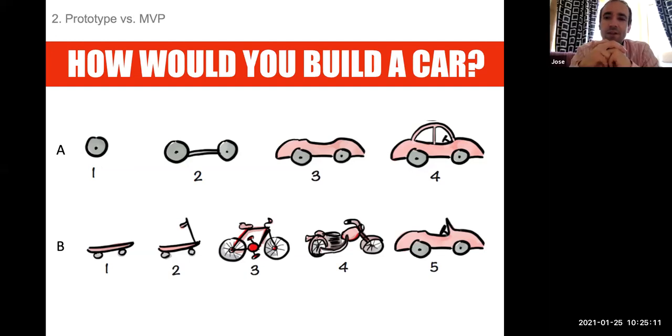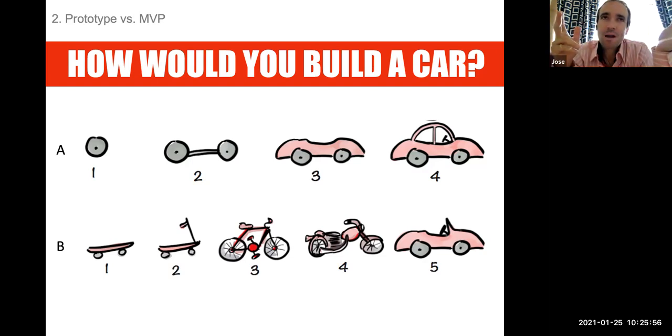Yeah, this is excellent, Taif, very good. But B is for building a vehicle, not a car. Yes, exactly. And this is the problem with engineers. They focus a lot on the thing and not on the user. So why do people buy cars? Because they like cars or because they need to go from A to B, right? Yes, Khaled, some people buy cars because they like cars. But here's the thing. In A, you build a wheel.